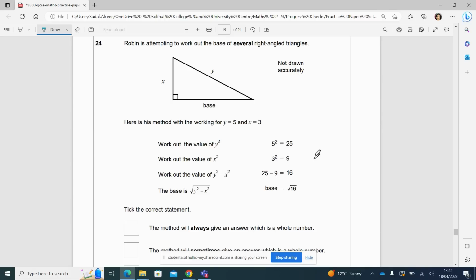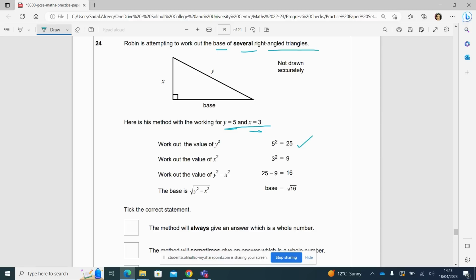Okay, question number 24. It says Robin is attempting to work out the base of several right angle triangles. Here is his method with the working for y equals 5 and x equals 3. So he's trying to work out the base of several right angle triangles. And if the value of y is 5 and the value of x is 3,